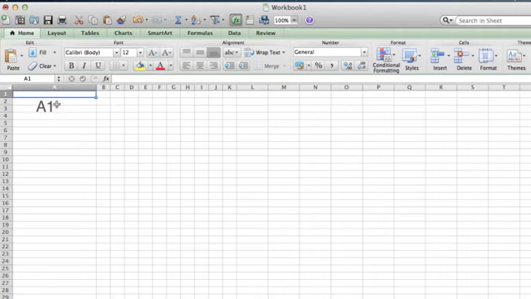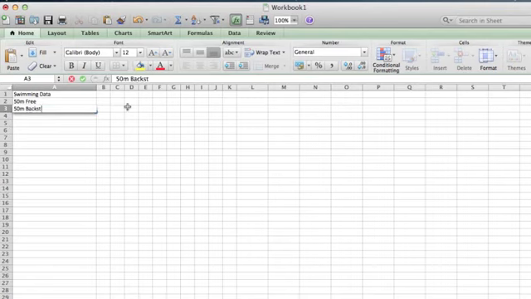Now this is really important when you start talking about formulas and things like that. But at the moment we're just going to insert some data. So what we're going to do is make a spreadsheet for swimming. So we're going to call this swimming data. We're going to put a number of events down the first column here. So we're going to have 50 metre freestyle, 50 metre backstroke,